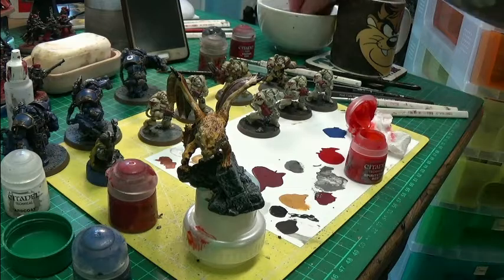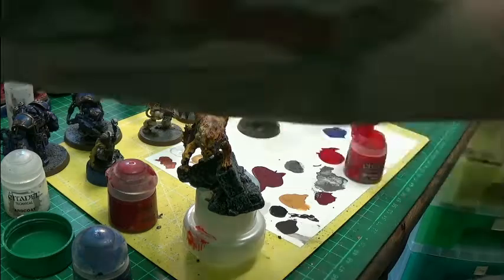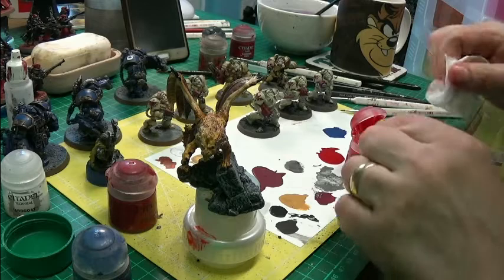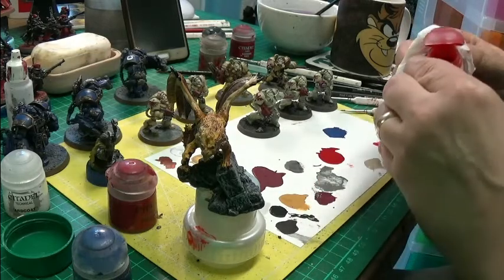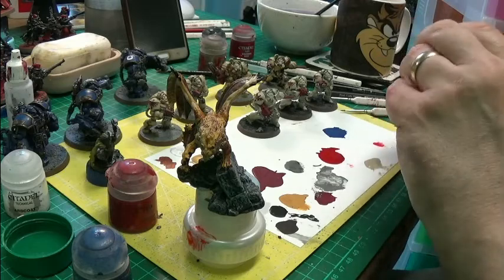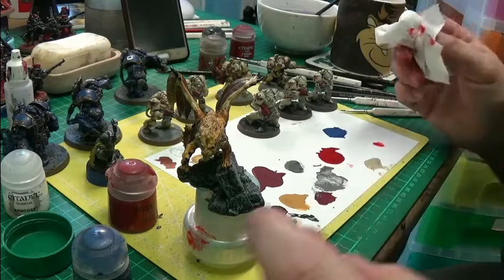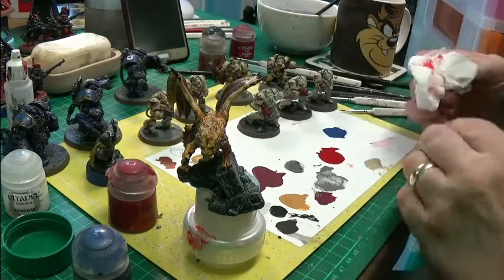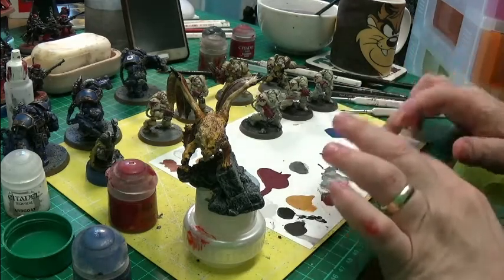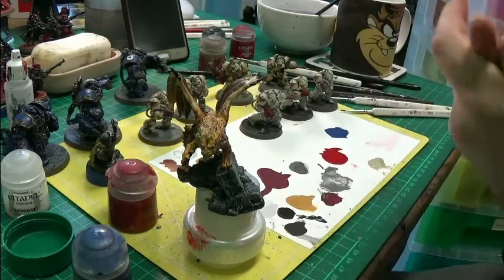Ew. I'm still loving the palette pad from Games Workshop. I thought I'd try it. I know you can probably get them cheaper in art stores, and bigger as well, but I'm just trying it out. And that's good. Oh, I've got paint all over my hands. Anyway,